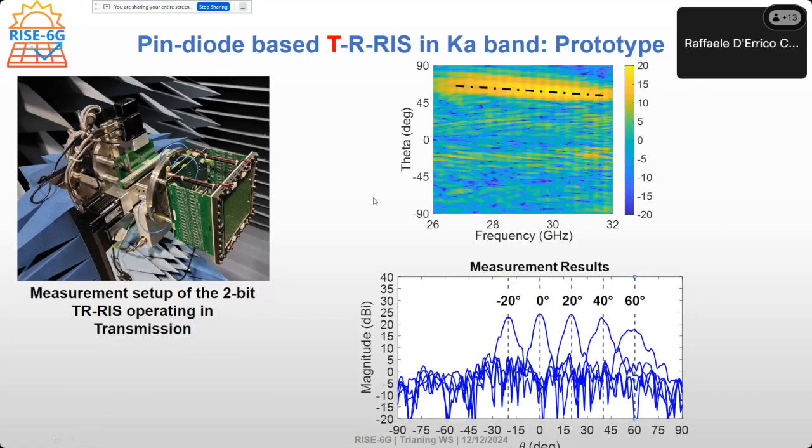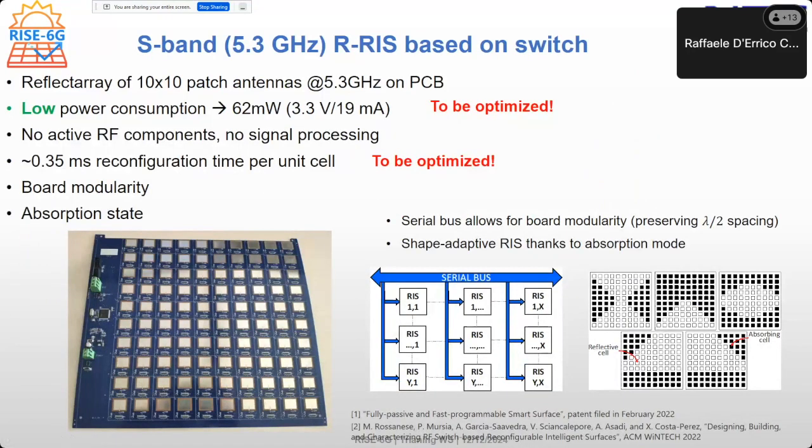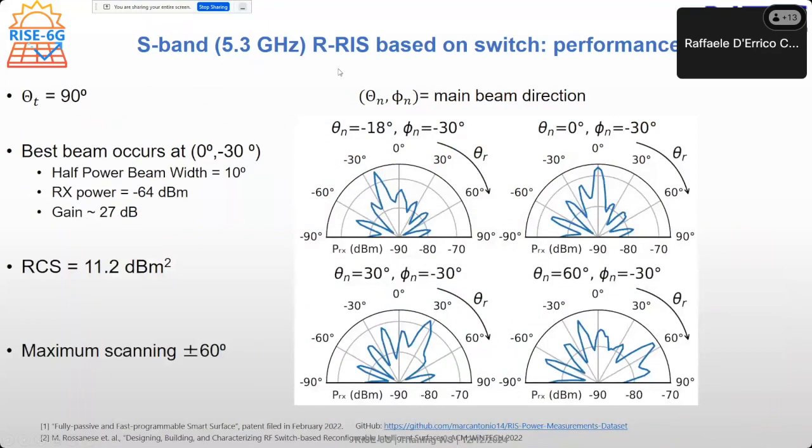the RIS. Another very interesting concept was also proposed by NEC, which is based on an RF switch connecting different legs. What is also very interesting in this design is that you don't only control the phase, but you can also switch off some of the unit cell and have a reconfigurable size of the unit cell. And then this was also measured in an echo chamber, showing indeed the steering behavior that we want to have with this kind of RIS.